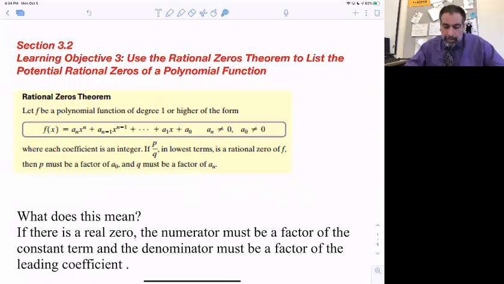You look at this box right here, and this is what you're going to find in your textbook, and there's a lot going on there. I'm going to try to simplify this down for you. Here's the deal. We're going to play a really sophisticated game of guess and check today, and the way it's going to work is we're going to try to guess what the solutions and the zeros are for these functions,